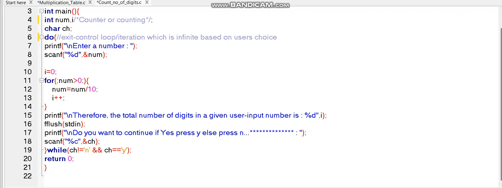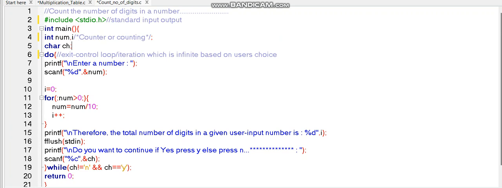This is the address of operator which locates the memory allocated by this num variable which I have declared here. And then initialization, and then here is our actual code. If num is greater than 0, then